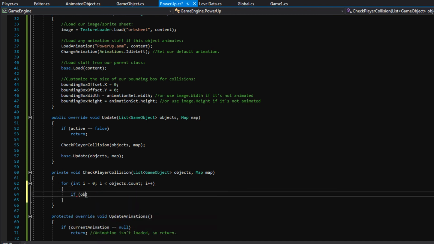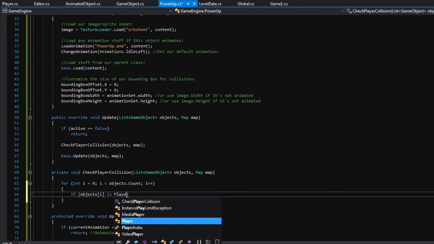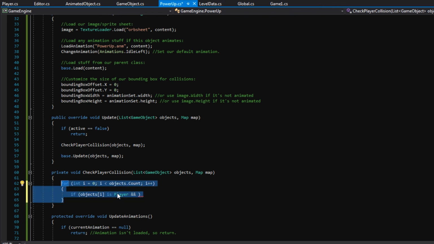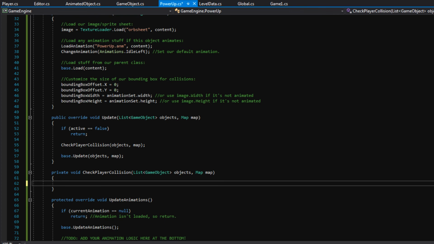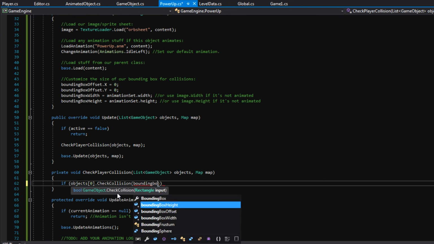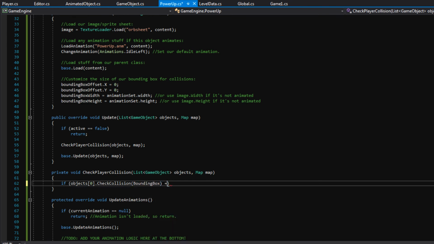So you could say if objects I is player or is enemy, whatever you're looking for. If that is true and you detect a collision, then you could do whatever, okay? I'm just showing you that in case in the future you need to find a specific object. But for now, let's just say if objects 0, which is the player, dot CheckCollision, passing in our bounding box, if that is equal to true,